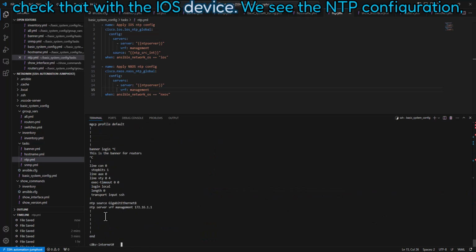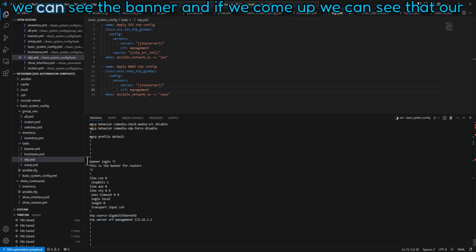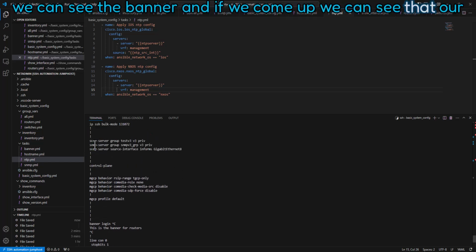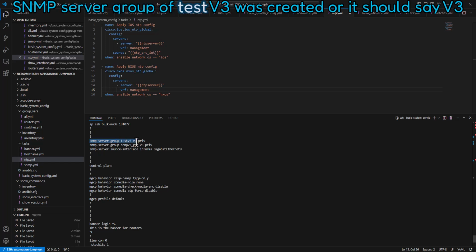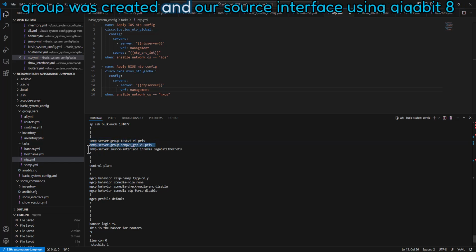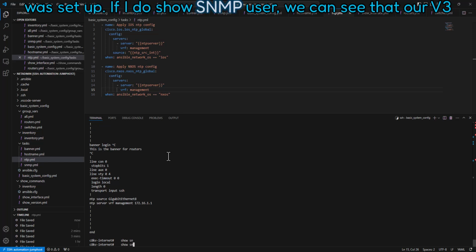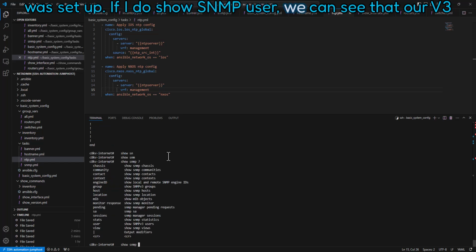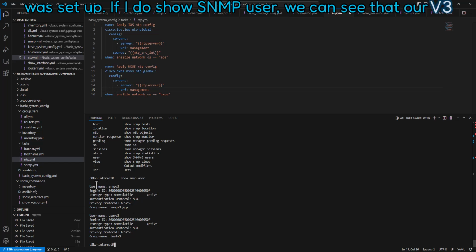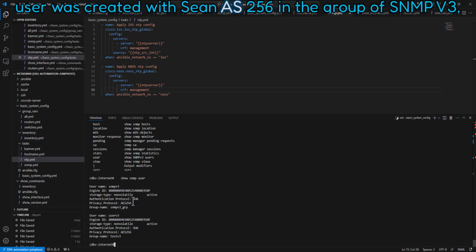the iOS device. We can see the NTP configuration, we can see the banner, and if we come up, we can see that our SNMP server group of test v3 was created, or I should say v3 group was created, and our source interface using gigabit 8 was set up. If I do show SNMP-user, we can see that our v3 user was created with SHA and AES 256 in the group of SNMP